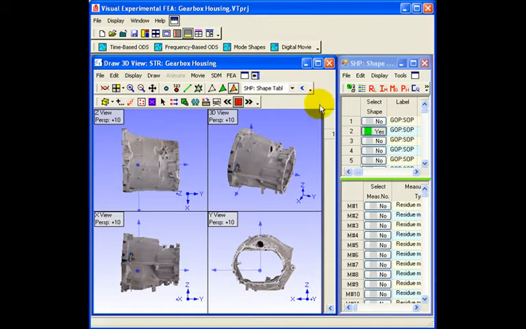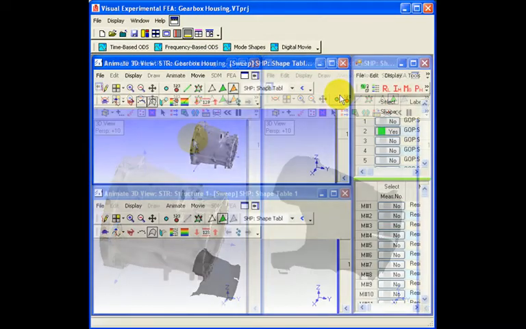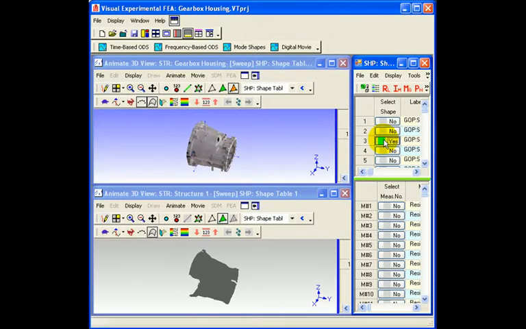With the improved rotate, translate, and resize commands in the Structure Window Drawing Assistant, the 3D photorealistic model of the transmission housing was easily aligned with the 3D plane surface model. Although the two models contain different numbers of points, the built-in animation equation interpolation in EmiScope was used to animate